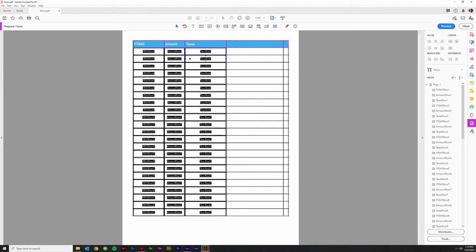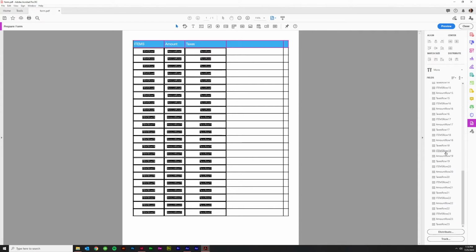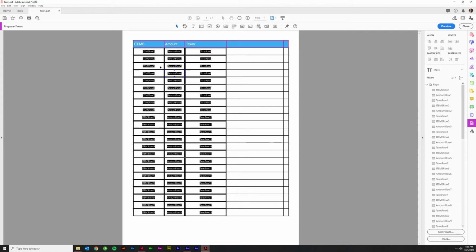Now, another thing you'll want to pay attention to is the order. Over on this side, it'll say fields under page 1. Every field will be there, because we only have one page. And you'll see the name items row 1 right here, amount row 1, taxes row 1. Well, that's a good order. We want that. So what happens with this order is as you're filling it out, and I'll hit preview so